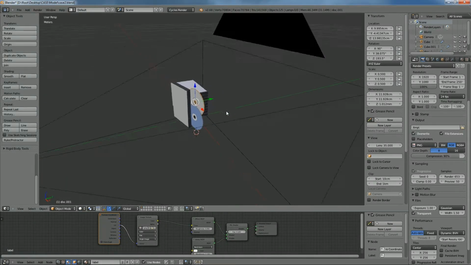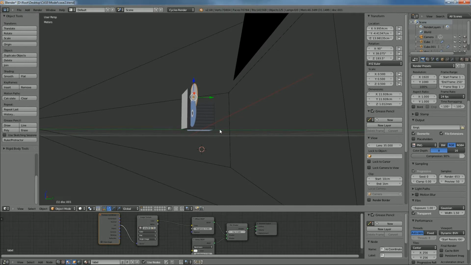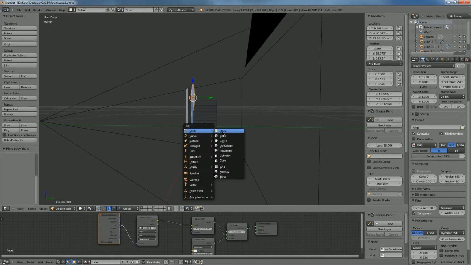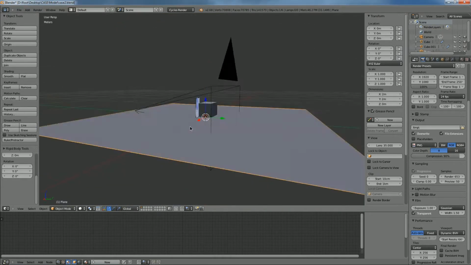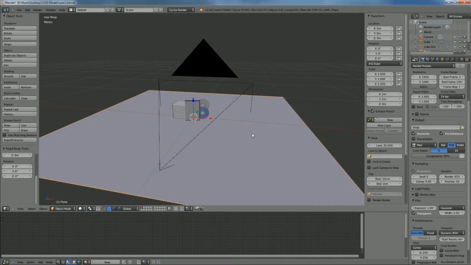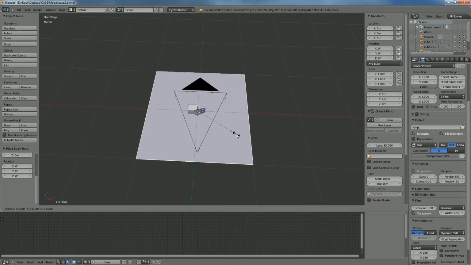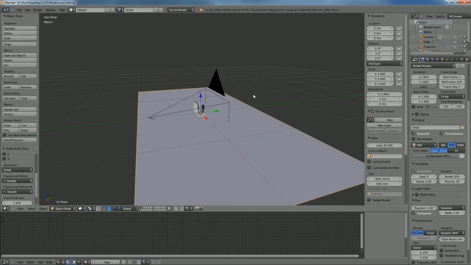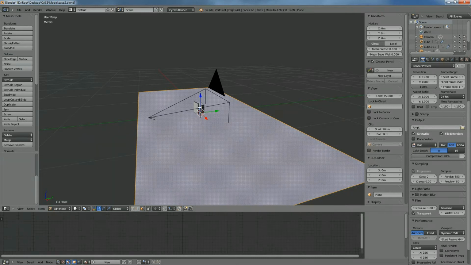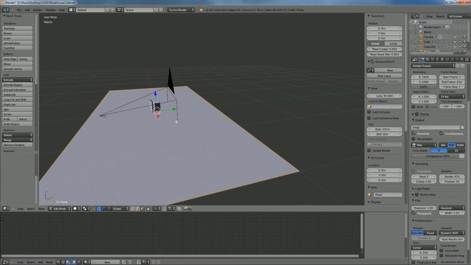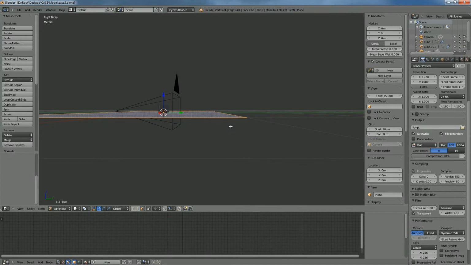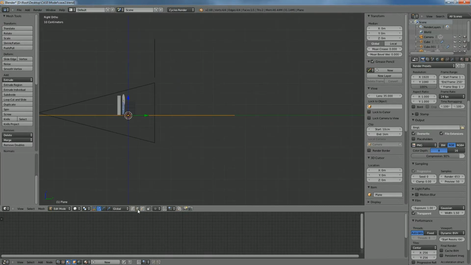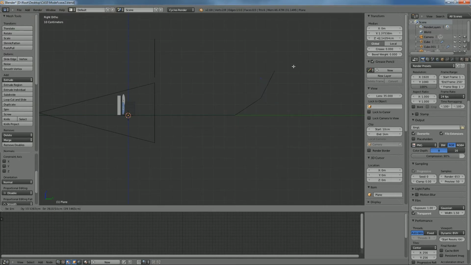So anyways, we're going to go ahead, hit Shift S, and then cursor to center to reset our 3D cursor there. We're going to add a plane, and then this will just give us a nice little area that we'll have to worry about as opposed to the entire space that we see, and it'll also give us a place for shadows to be cast onto, and potentially reflections if we want to go that way. But I'm just going to come in here to the side, and in edit mode, I'm just going to grab this back edge, and we're going to extrude it up a few times,